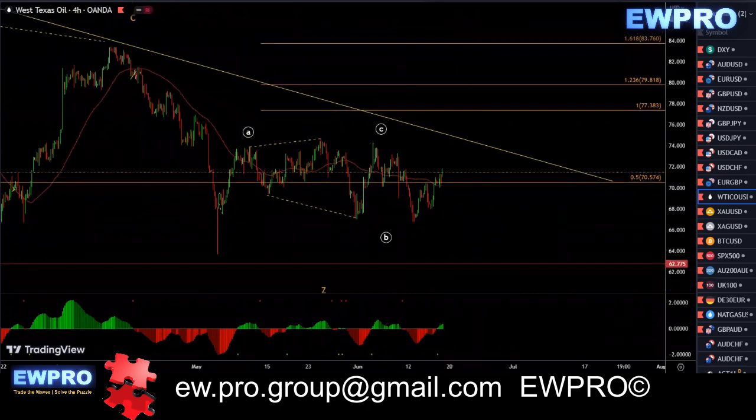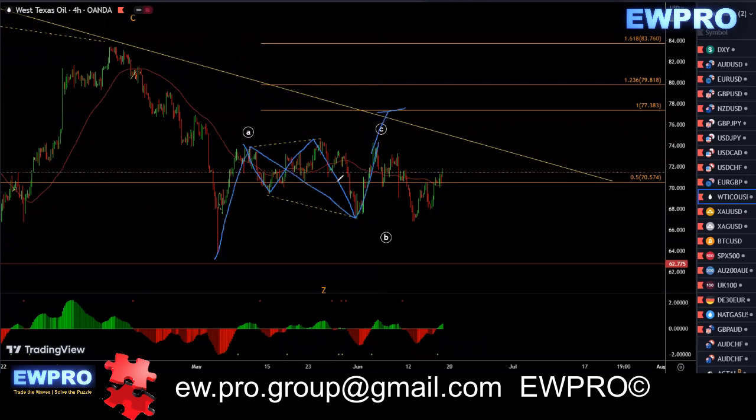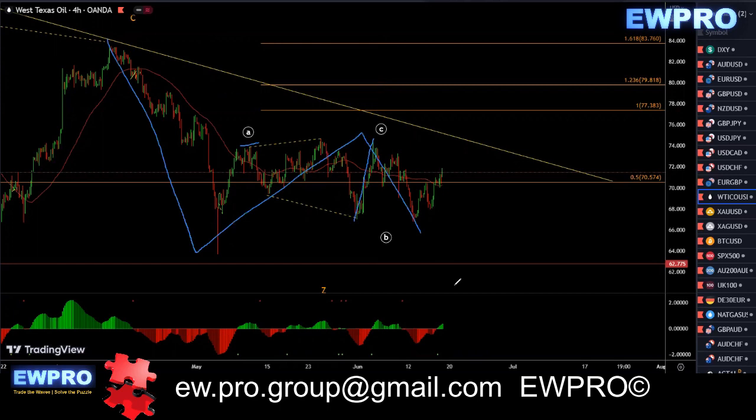I was looking for this A, B, C, and then we get that A, B, C. I would have liked this to go a little bit higher, up to that 100 fib or up to this trend line, like I said last week, but it did fall over. It doesn't matter that this wave C already broke the ending point of wave A, so that's fine. Then I was looking for an A, B, C